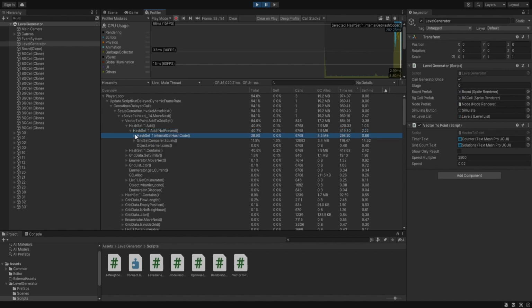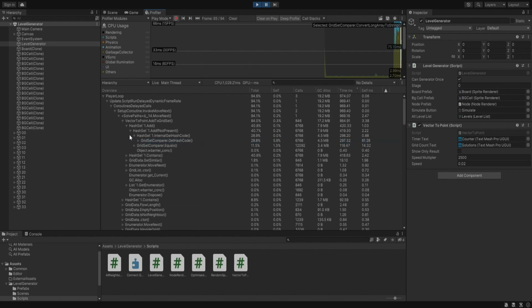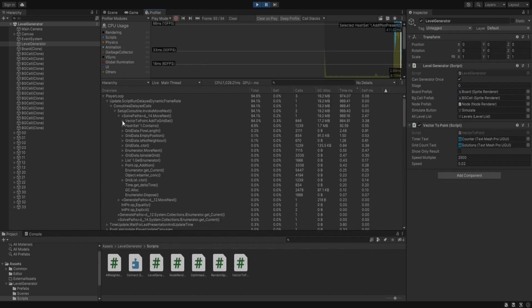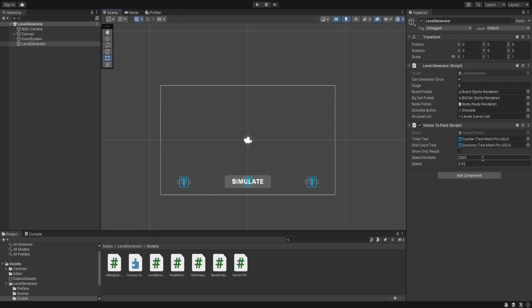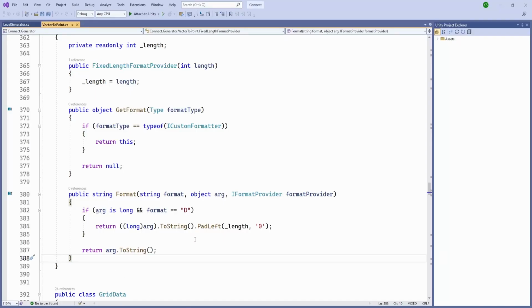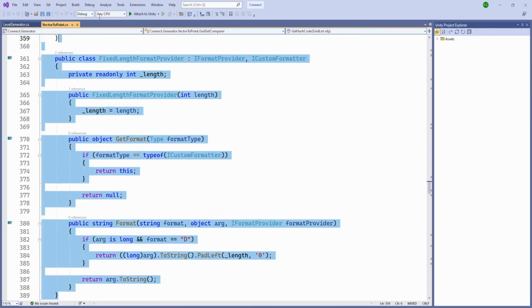So get internal hash code, here it is taking 28% time, and the best we would be able to save is 20 to 30%, so we would not be able to see any more changes. But what would happen is, instead of running our code at speed of 2500, we should be able to run our code at a lower speed. So let's first